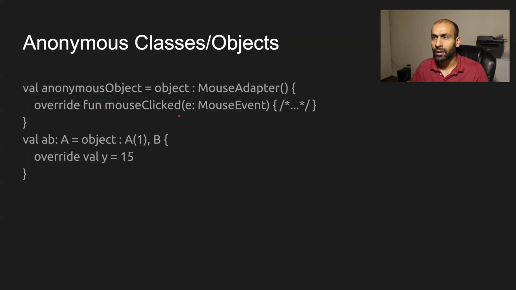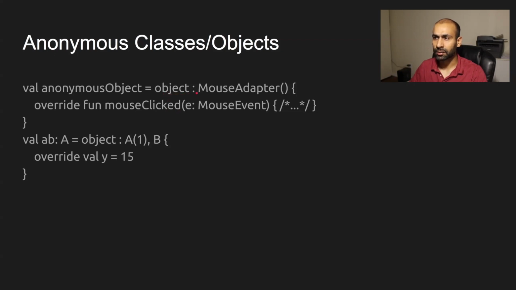Next is anonymous classes. In Java, we would use the new keyword. In Kotlin, there is no concept of a new keyword. All we do is write the class name, pass the arguments, and we get a new instance of that class. Whenever we're creating an anonymous class or anonymous instance, we use an object keyword,